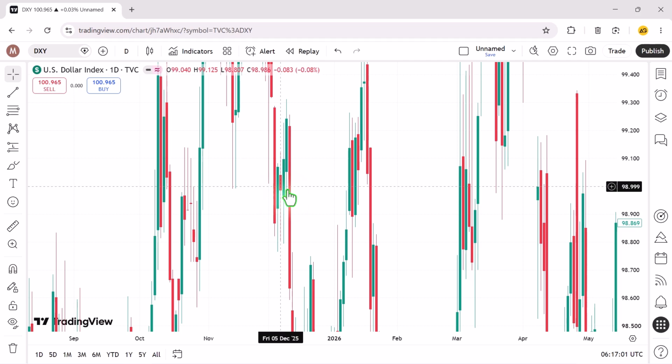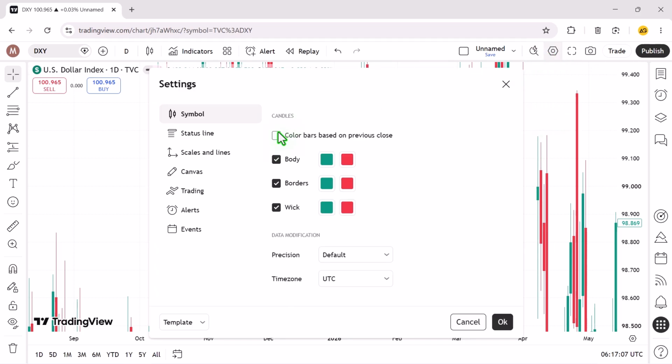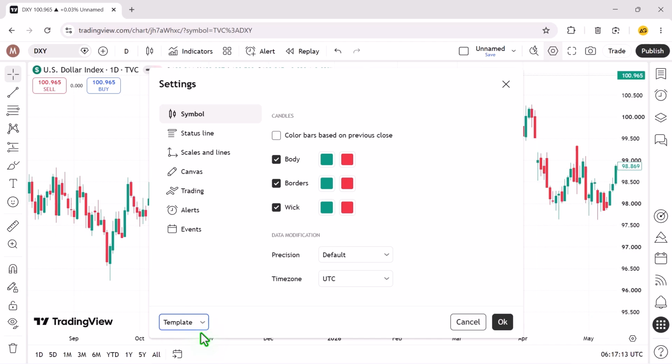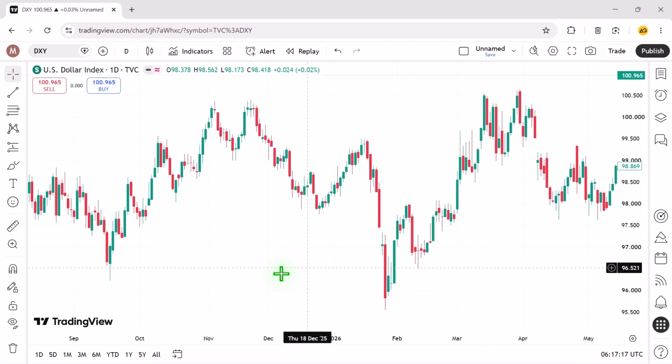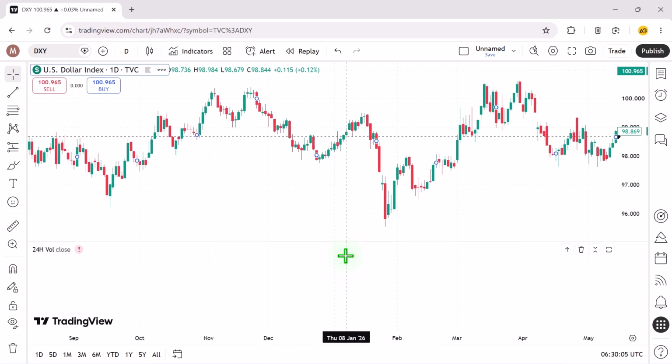Click the settings icon at the top of the chart. Next, open the template tab. Then click apply defaults. This will reset your chart settings including the appearance, scales and other chart preferences back to the default configuration. If you still have indicators or drawing tools on your chart, you will need to remove them